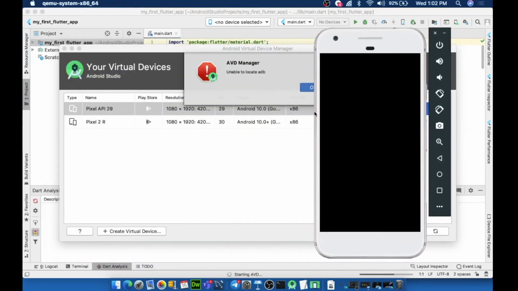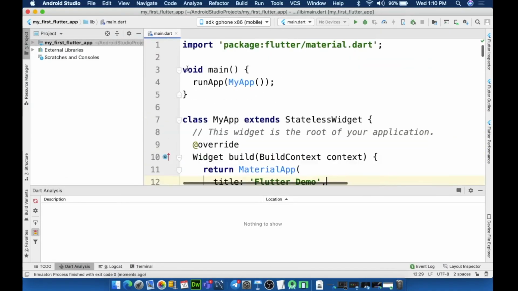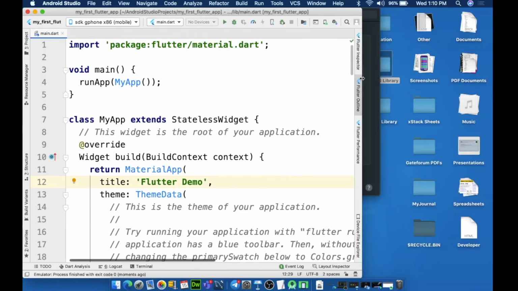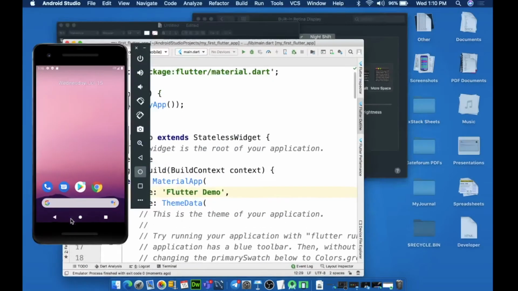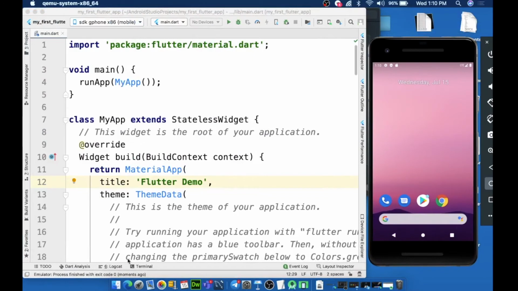You will see something like this. Okay, so once that is done, do you see your source code here? Android Studio, if you look, will have something like this. We never wrote this program. This was generated for us. We never wrote this. Okay, so just resize your window to something like this so that you can see both your phone and your code at the same time.